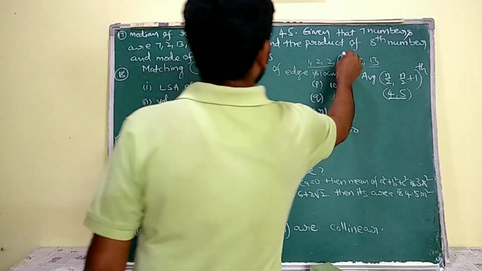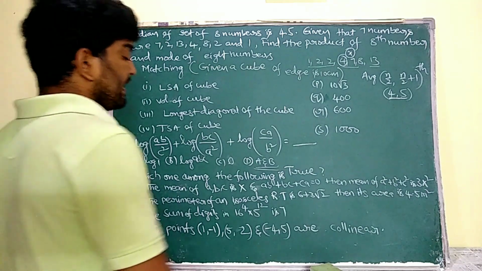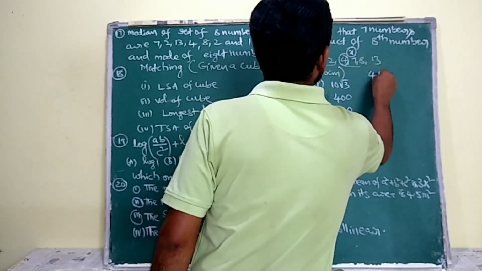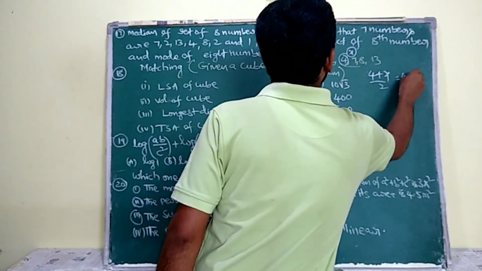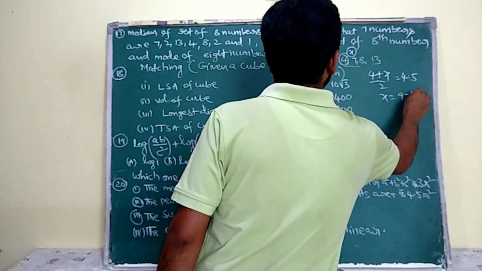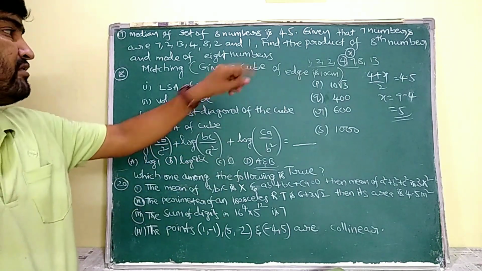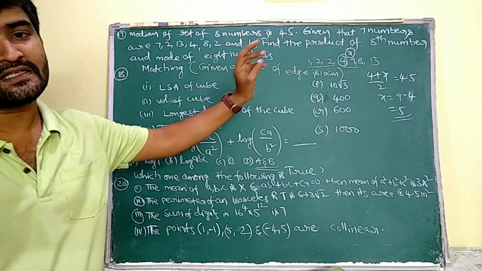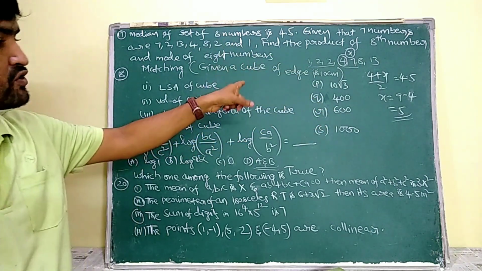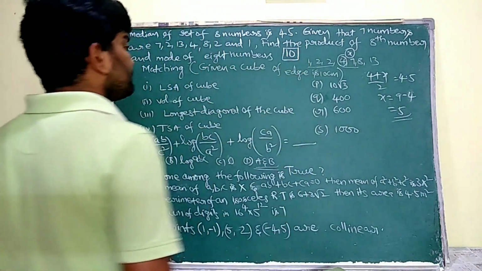So the 5th one is the required 8th observation. Let us suppose that the 5th observation is x. So the average of 4 and x is 4.5, as given. So (4 plus x) by 2 is equal to 4.5. That is x is equal to 9 minus 4, that is 5. The x value is 5. If x value is 5, then the mode of the observations is 2. So the 8th observation is 5 and the mode is 2. 5 into 2 is 10, the answer.